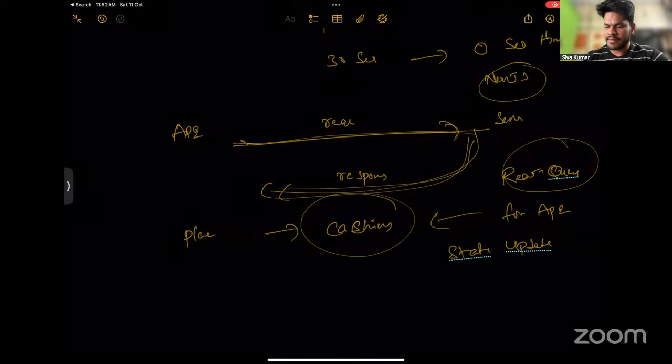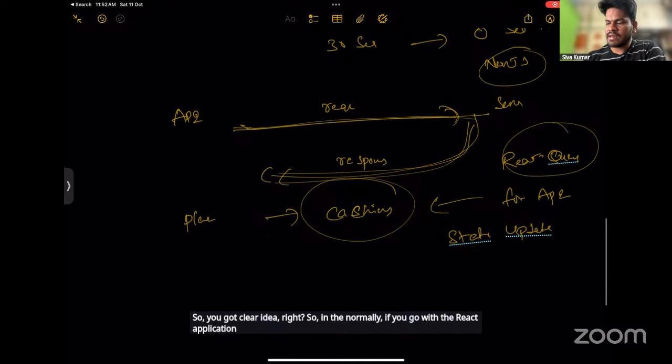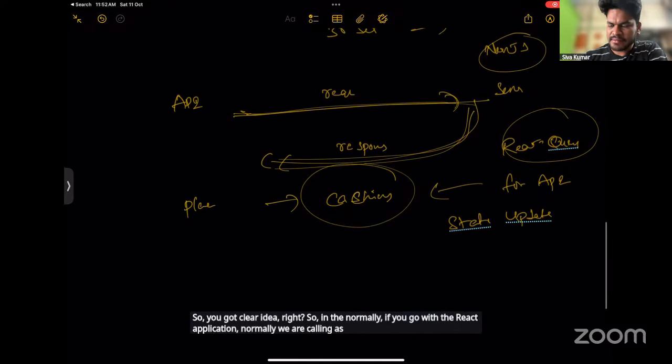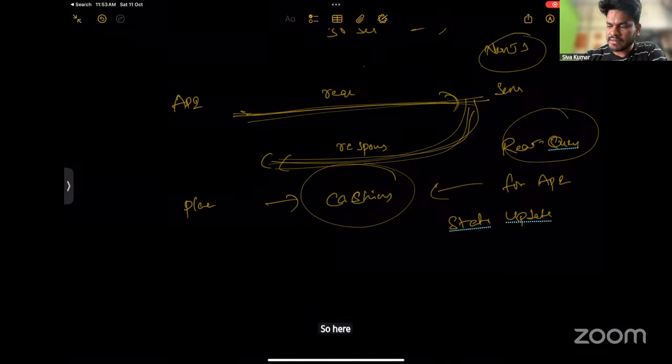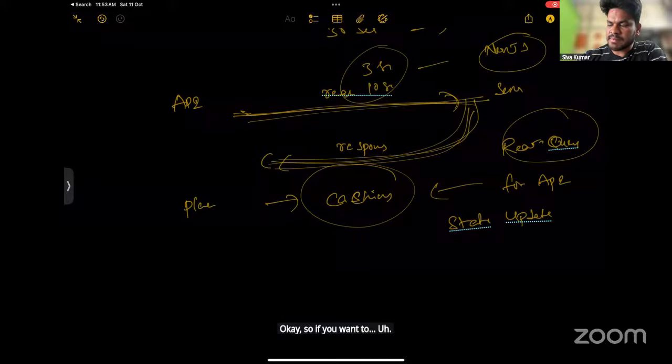So you got a clear idea, right? Normally, in a React application, we call one API. It triggers one request, and after that we get the response. Here also it will take 3 seconds to 10 seconds. If you want to reduce this time, there is a library called React Query.